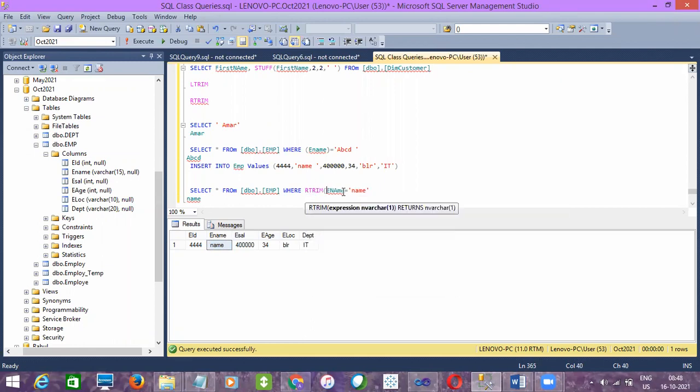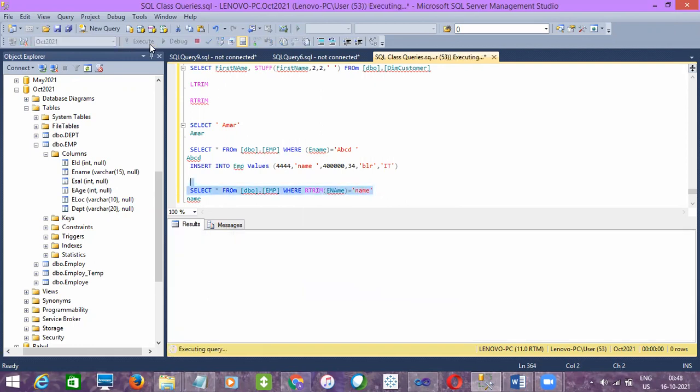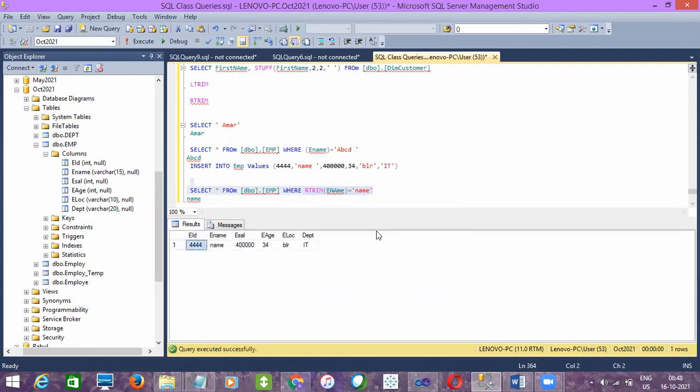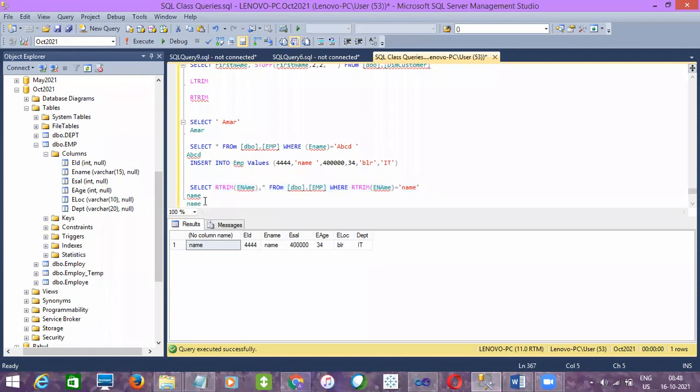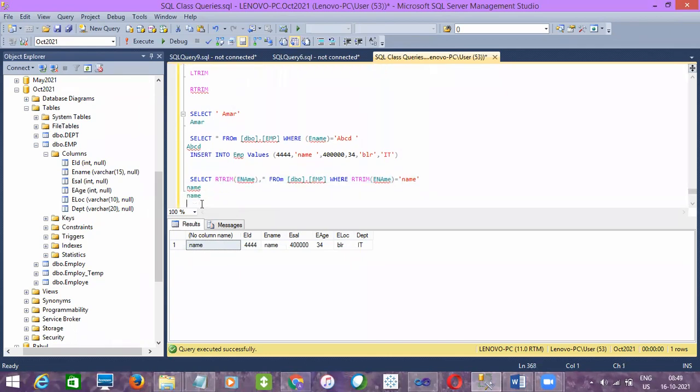Now if I execute with rtrim, or maybe while selecting here, let's say I'm selecting the data of ename, rtrim of this value. If I execute, and you copy this value and paste it, you cannot see that extra space. Now you can see there is extra space, right? So if I paste it, now you cannot see that. It is removing it. In the where clause it is working, but in the select statement it will not, right?